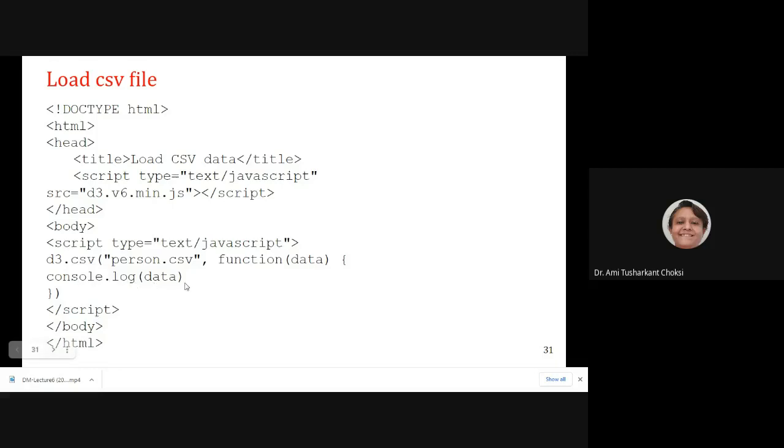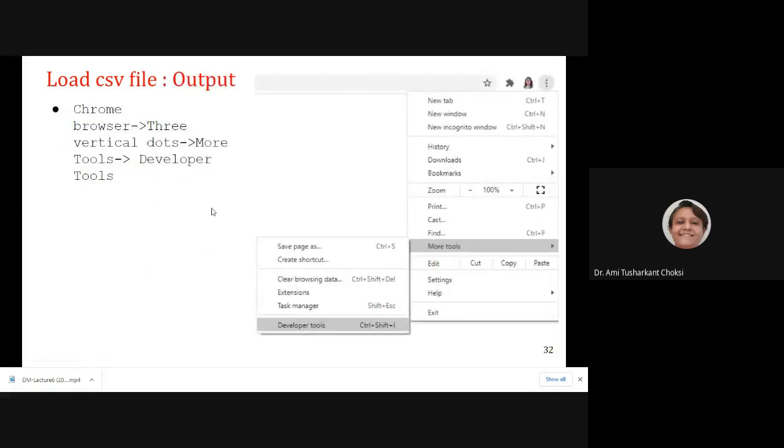Now where will we see this console? Does it mean that we are having the web server's console, or our own command prompt, or where? I'll show you that. Where should we see the output of this file? That is, we can say our Chrome browser. Typically, we are using that only.